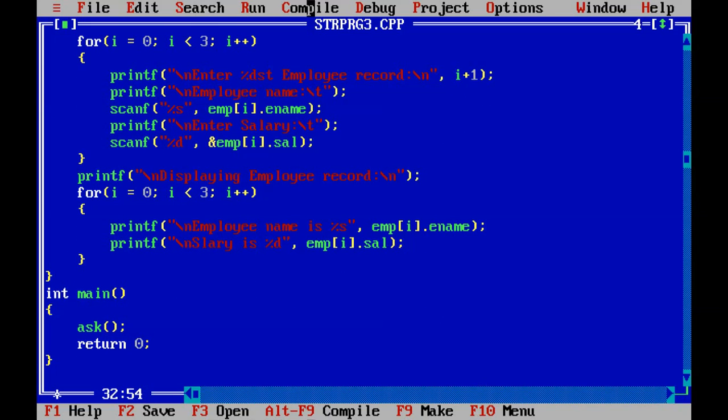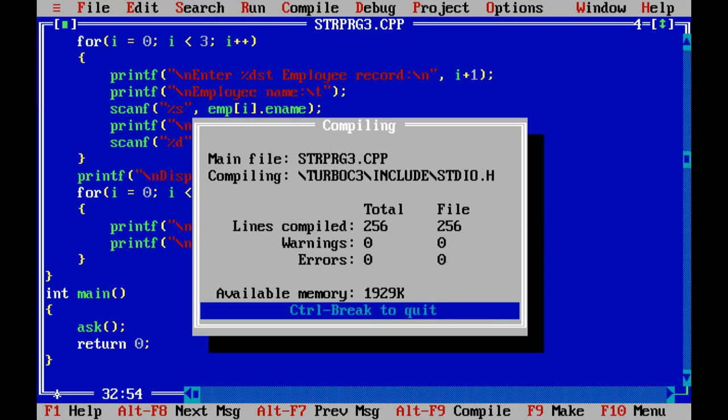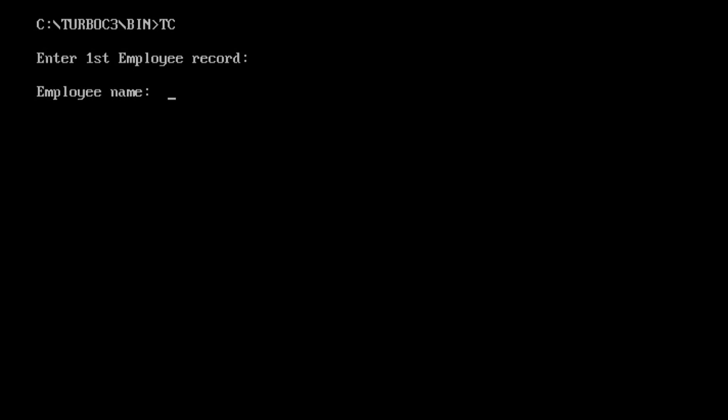So let us compile it. Compile, then run. Enter the first employee record, I am entering.